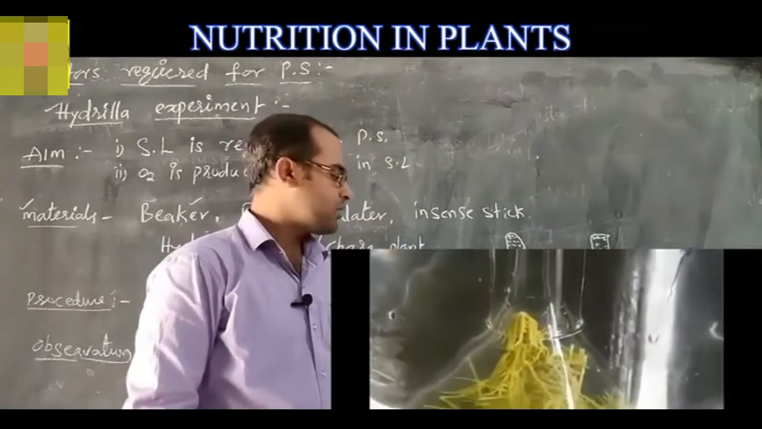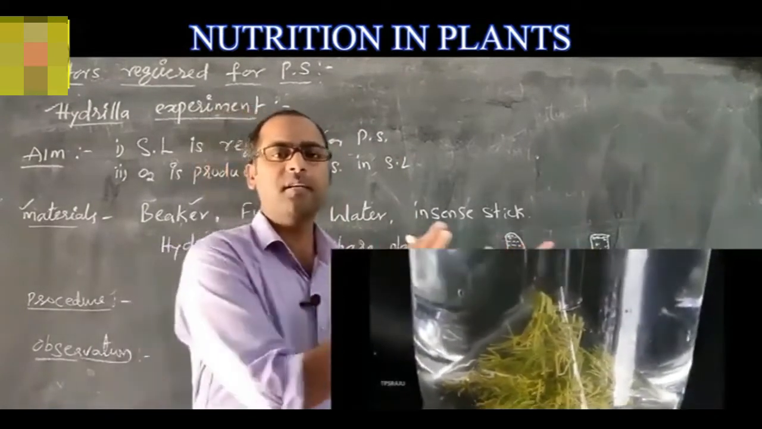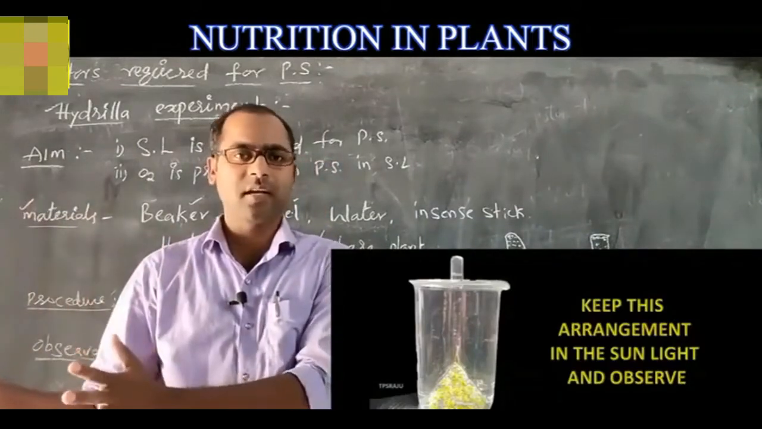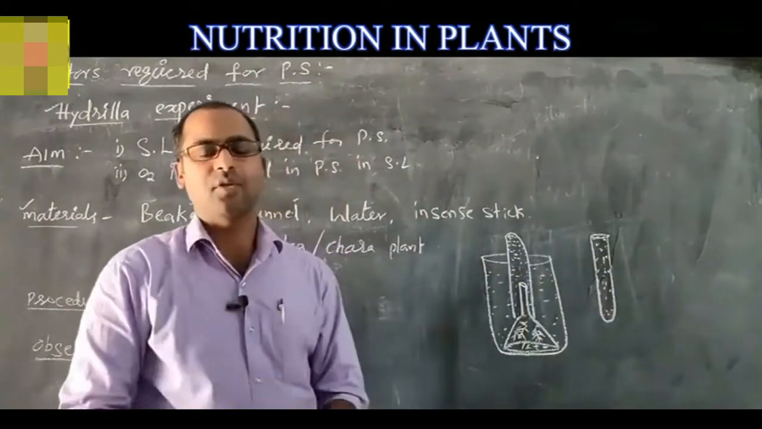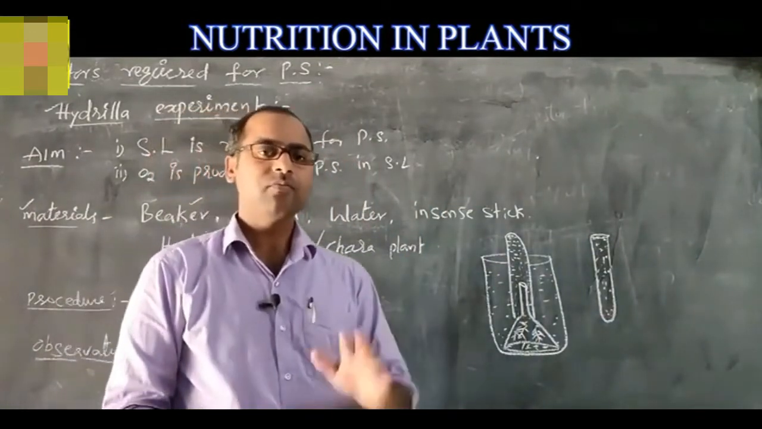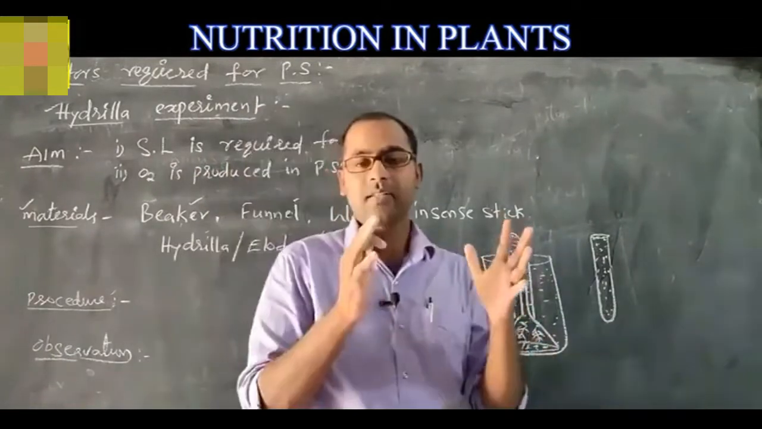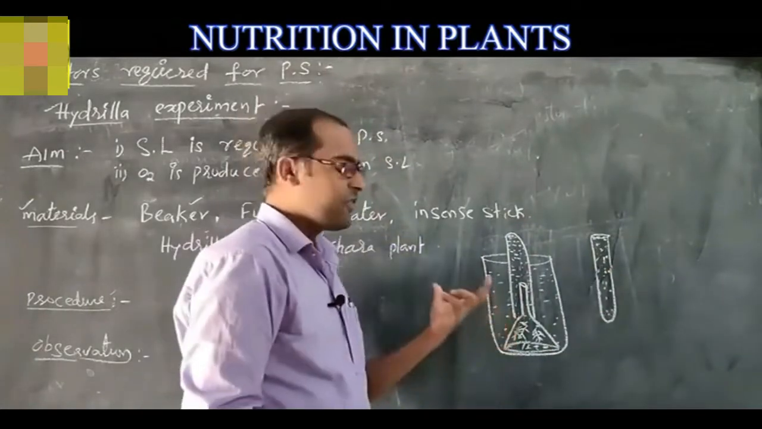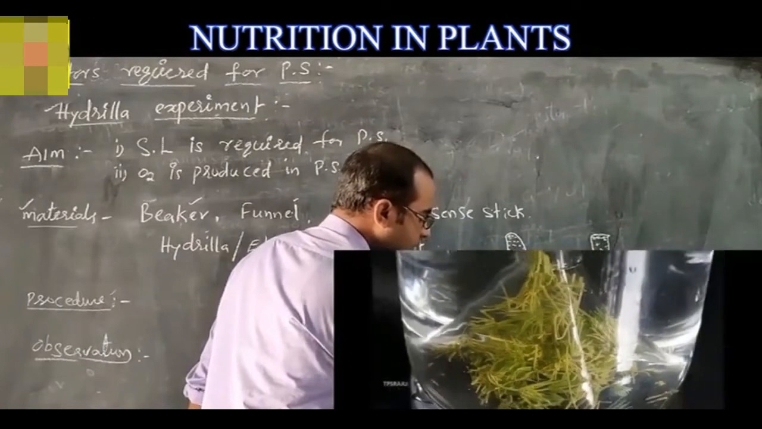In this experiment, we have to make two sets, and one should be placed in sunlight, in an open place, and one should be placed in a dark room. Let us observe them for 2 to 3 hours. After 2 to 3 hours, if we observe the setup which is placed in the dark room, we cannot see any air bubbles or gas bubbles